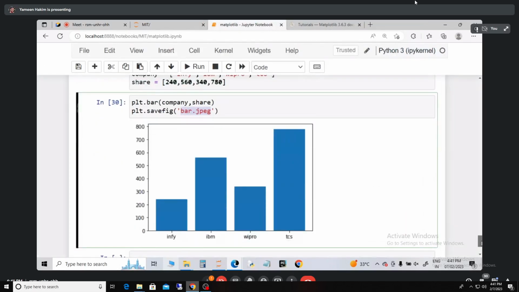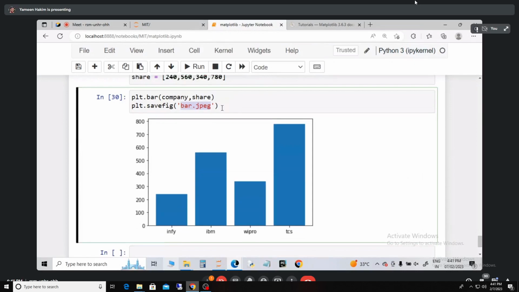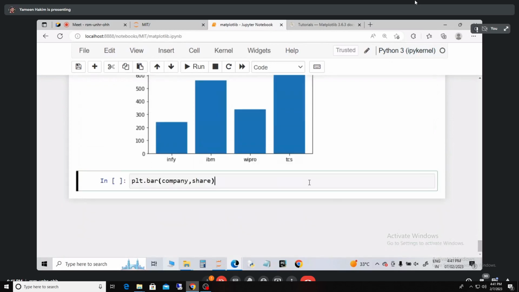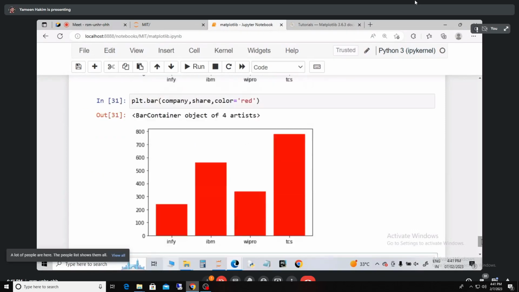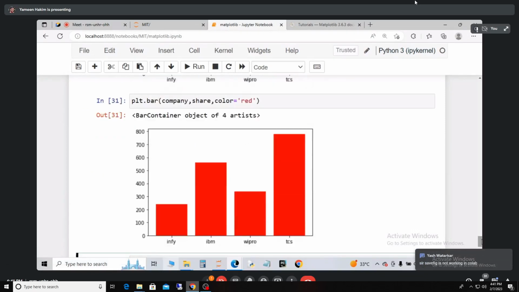Now guys, again the same thing, if you want to change the color, what to do? I'll copy this. Fine. And color is equal to, suppose if I write here red, so you will get the red color. But again, it is common to all companies, right? If I want to change the color, let's say,